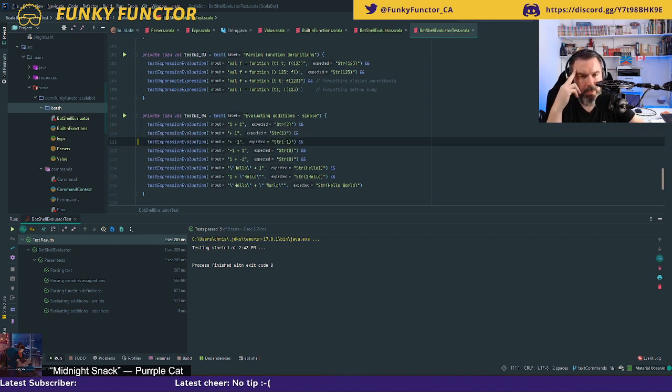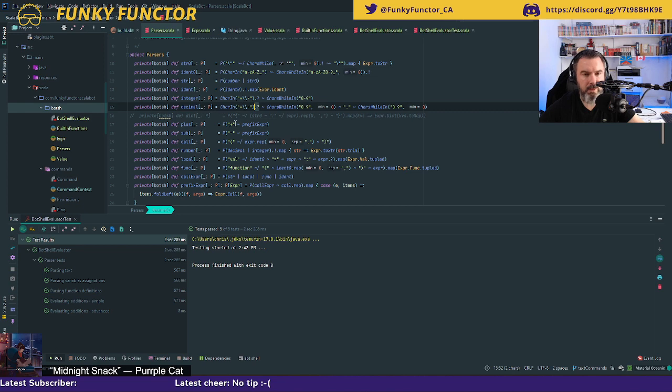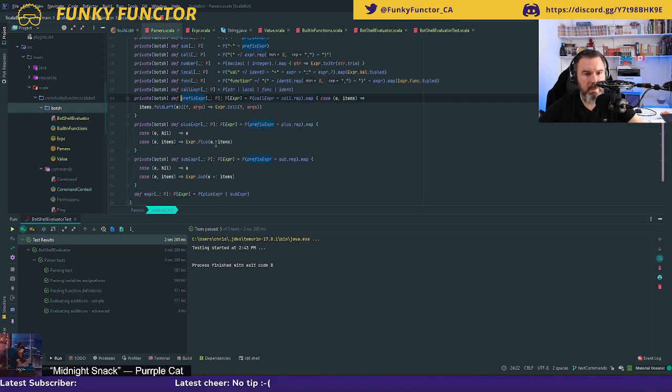However, I have this plus, so plus should be matching. Let's go back to my parsers. Plus should be parsing the plus as I indicate here. So here and then prefix expression.